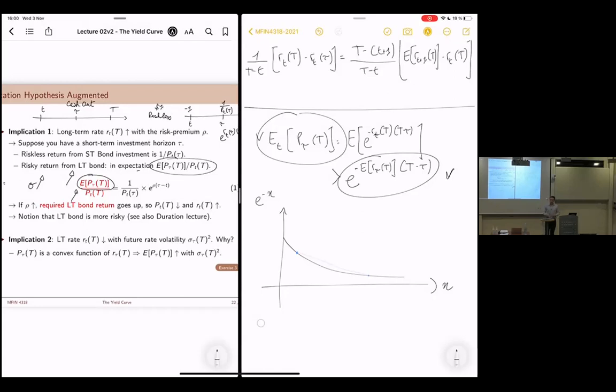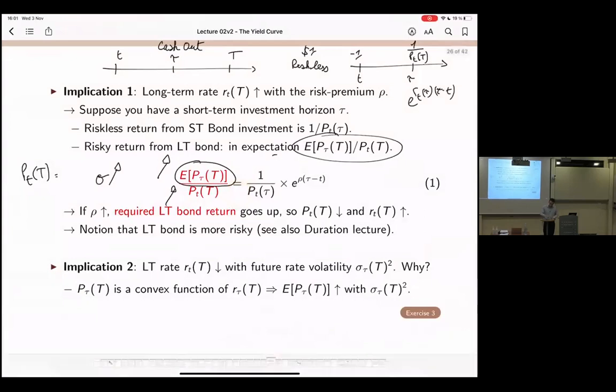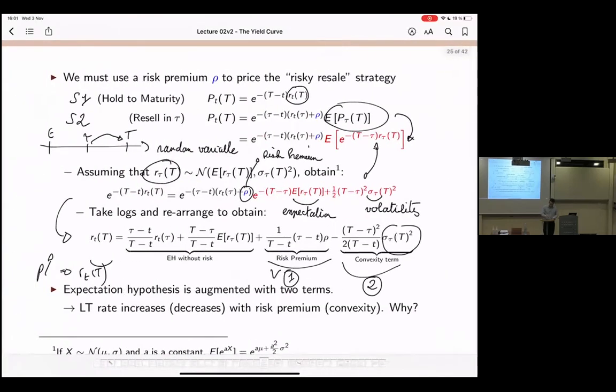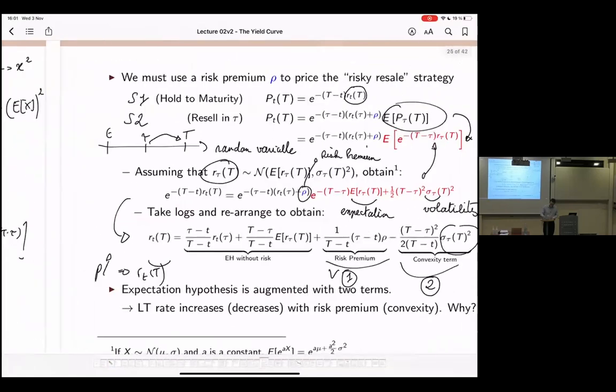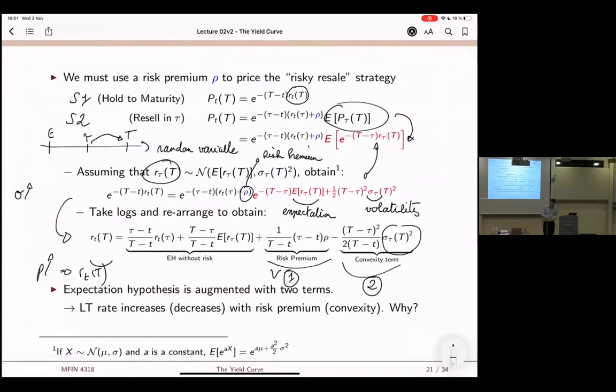So let's work through this. Volatility increases, the convexity will matter more, which means that this term will tend to go up, or at least the difference between this term and that one will go up. The numerator of the right-hand side will go up. So for this to work, P_T of big T will have to go up, which is the price of the long-term bond. And that means that the rate decreases, right? So that's why when you go back here, if sigma increases, okay. So again,